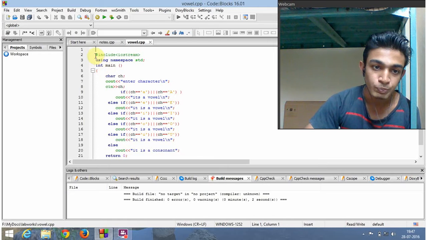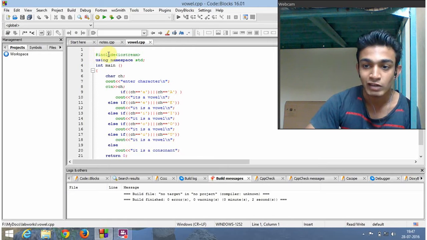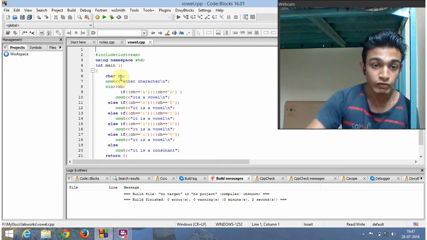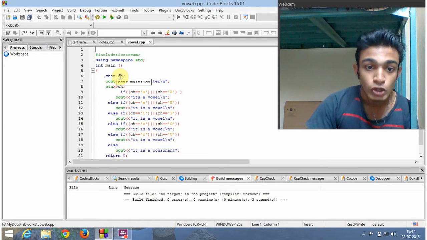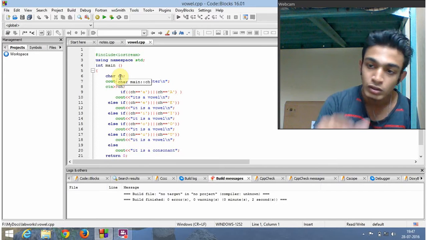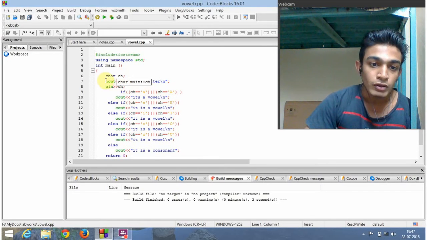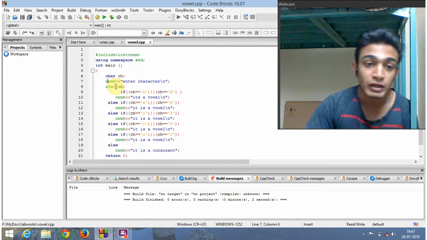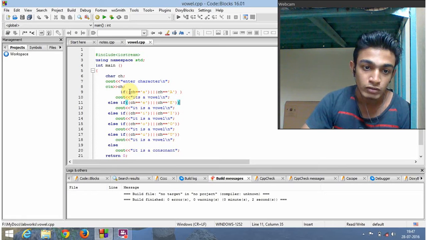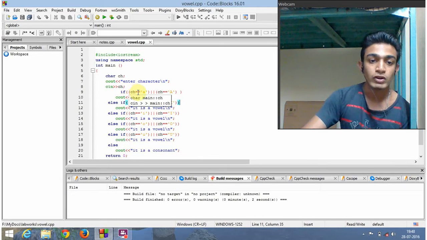Now let's move on to the code. As usual, I have started with the hash include iostream, the header file, and then the int main, which starts the program, and then the declaration of the variable. I have declared ch to take in the value of the character the user types in from the keyboard. I have used the cout statement to ask the user to enter the character, and then I input it in the ch variable, and then I use the if statement to check whether